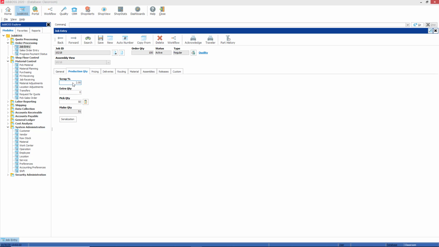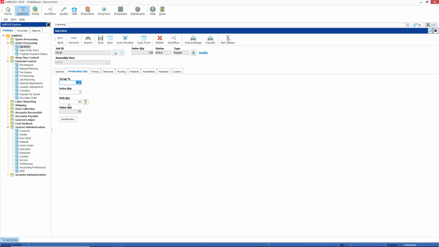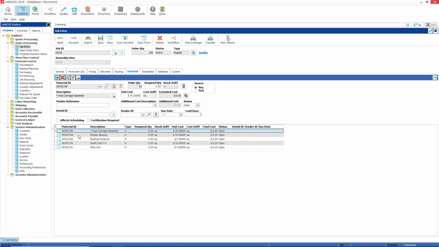All right, now that I have added that pick quantity of 50 on this job for that C5B brake assembly, I want to show you what actually happens in the system when I add that as a pick requirement to the job. If I go over to the material tab of this job 10218, you're going to notice that I have material requirements on the job to make this item, hardware items, and maybe even some raw stock items. But that actual finished good pick requirement that I created on the production quantity tab doesn't actually show up on the material tab. I can, however, pick that finished good item to this job